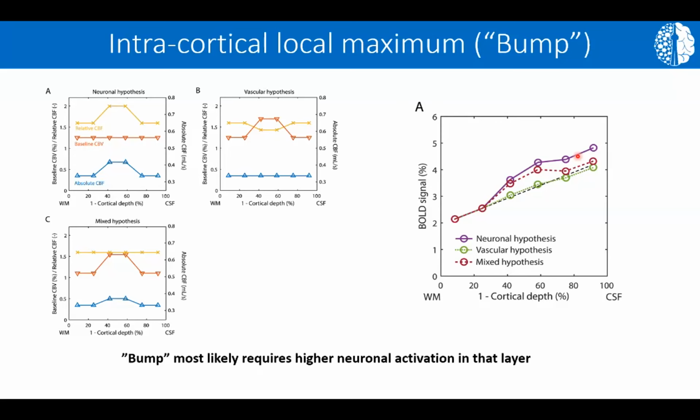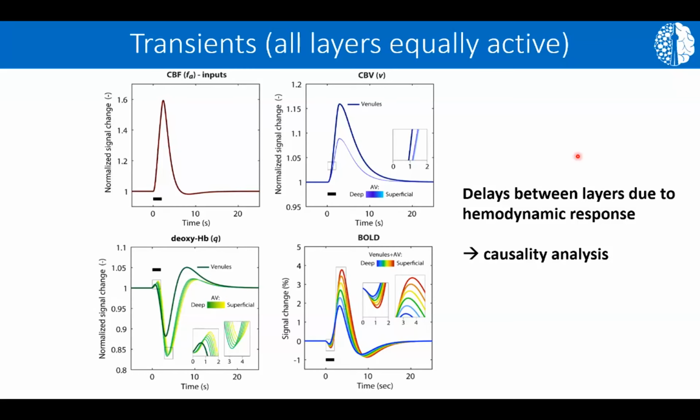Even if you don't want to do leakage correction, if you see a bump in one of the layers, after leakage correction it will still remain there. It will actually be more pronounced. But even without leakage correction, you can be sure that the neural activity in these layers was higher. So that's good news. Even without modeling, you can make some cognitive neuroscience statements. The next thing, the model itself